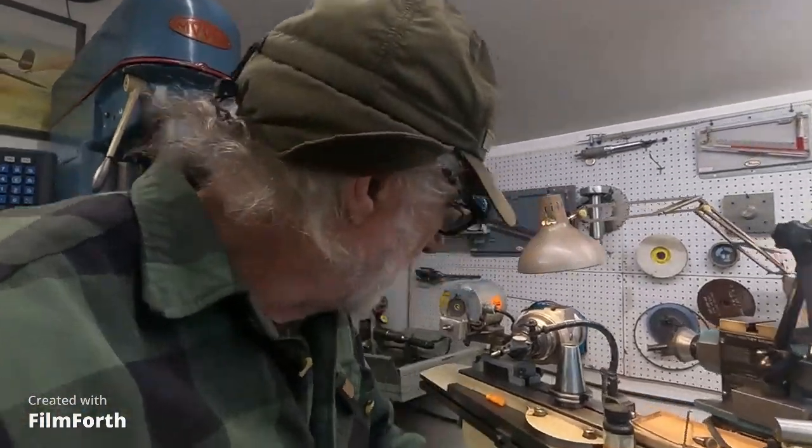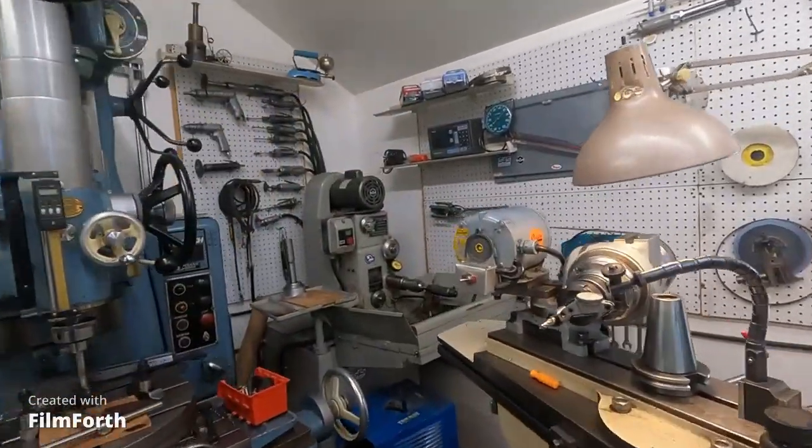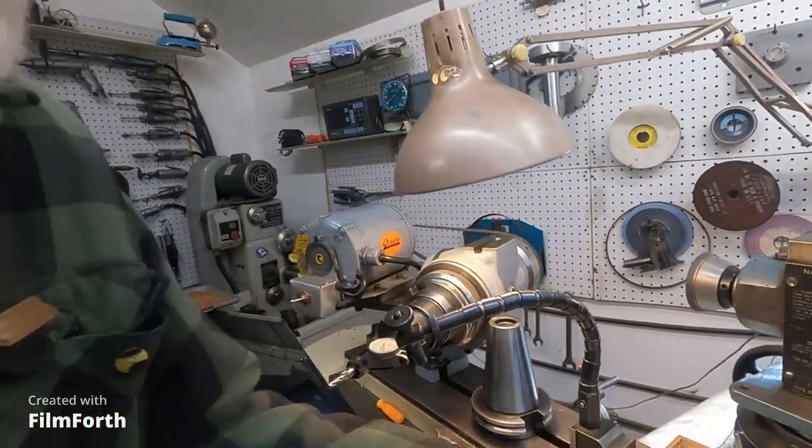Hey, welcome back. I ended up spending about 2.5 hours working on that workhead spindle, but the results are well worth it. Let's have a look at what you can do with your hands. Okay. Now, what I did is I used